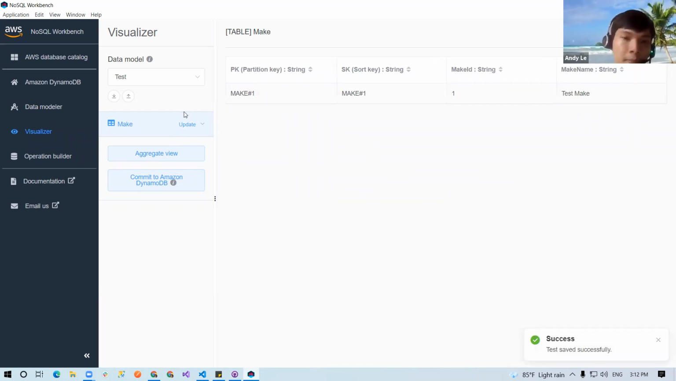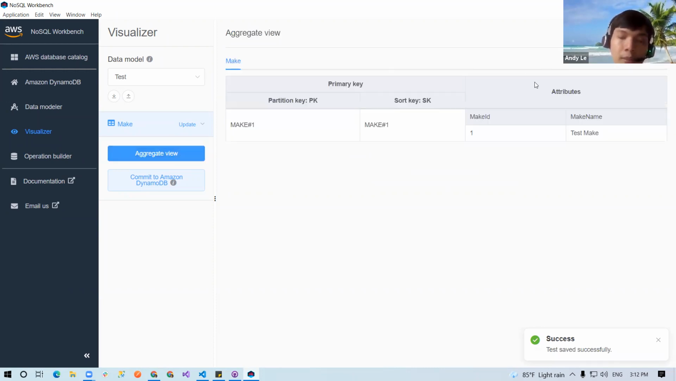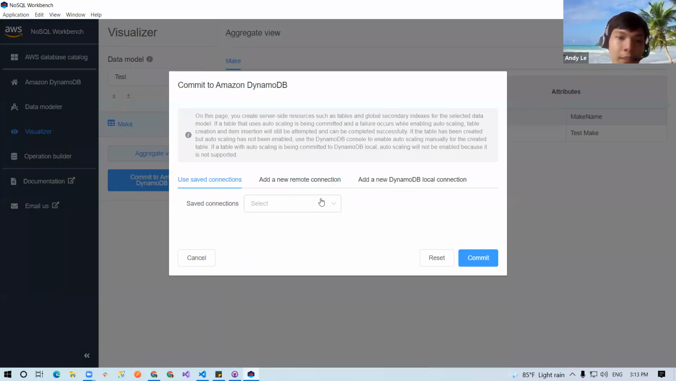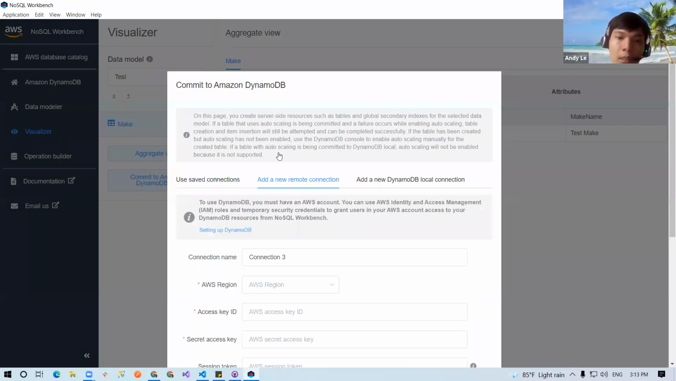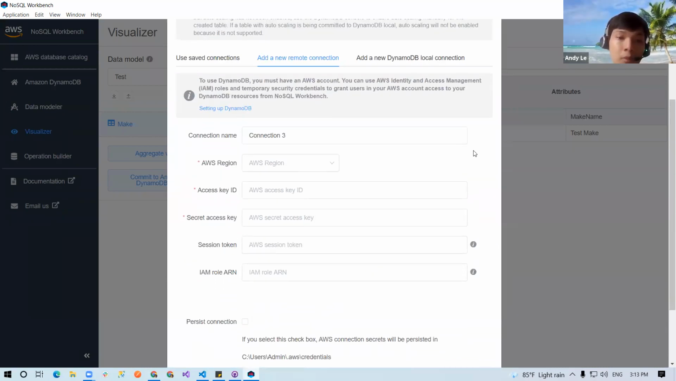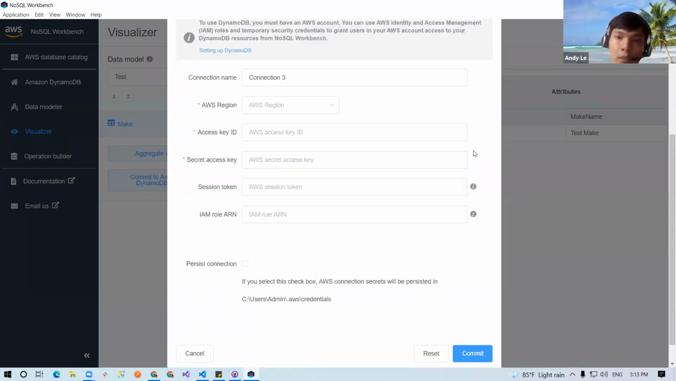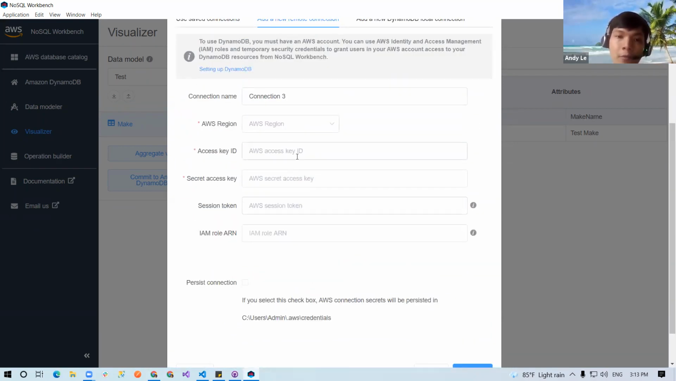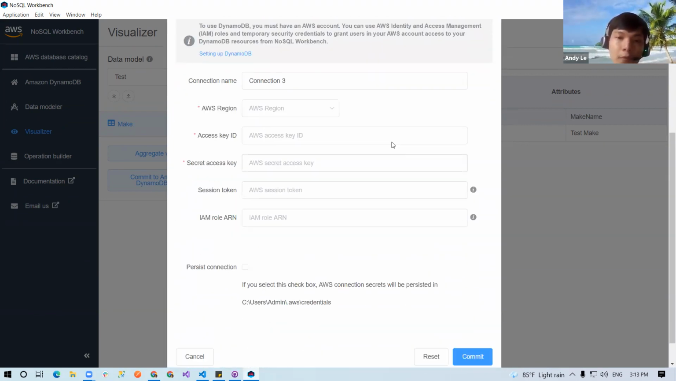Then you add some data, you can aggregate view it. It means you analyze the data that you want to decide, and then you can commit this table to Amazon DynamoDB directly by using a connection. You can type, yes. I don't do it because it takes a lot of time. So just after you fill in the field, you can commit it. Yes. So that's for the